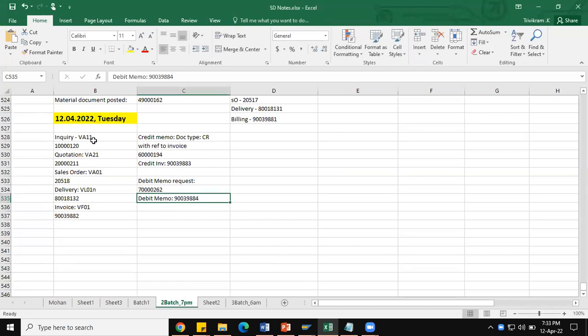So we have seen right from the inquiry to quotation. With reference to inquiry, we have created quotation. With reference to quotation, we have created sales order. With reference to sales order, delivery, and with reference to delivery, we have created billing document. After that, with reference to the invoice, we have created the credit memo request. Because of some quality issues, we have raised credit note for 1 unit, and we have successfully created the